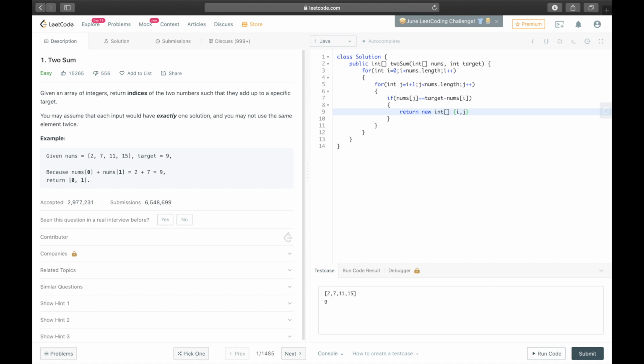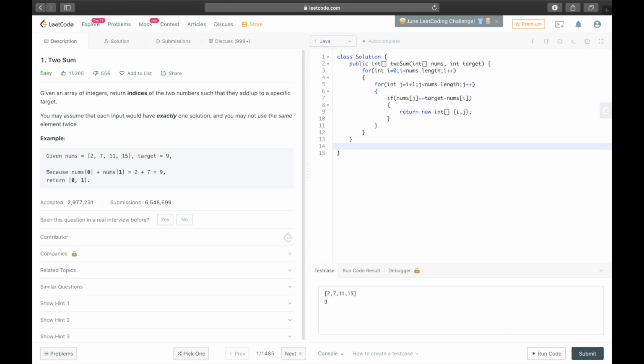So what it will do is it will give us the values of i and j that sum up to the target value that is given to us, that is 9 in the example on the left. So this is the brute force method that we have used in our case.